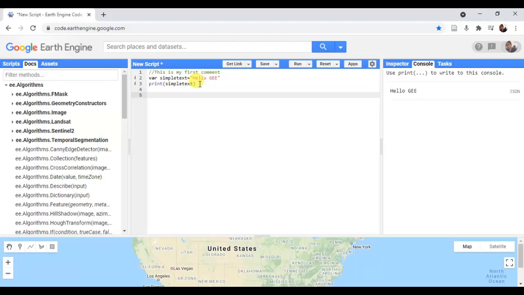Next I'm going to demonstrate how we can use these variables in JavaScript to run some arithmetic calculations. For that, I'll use two variables.